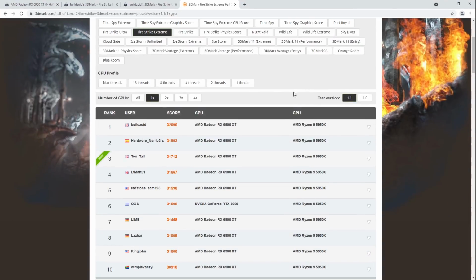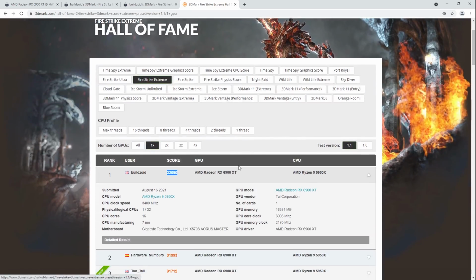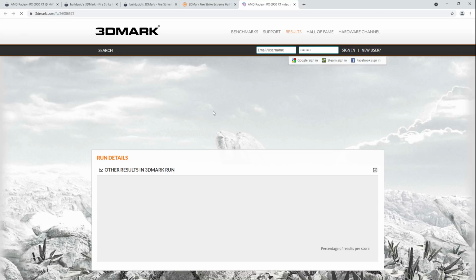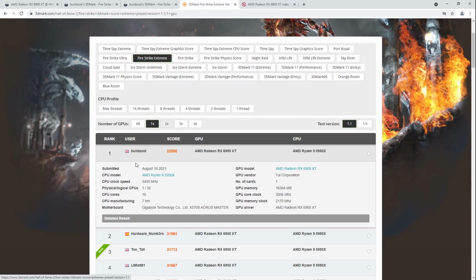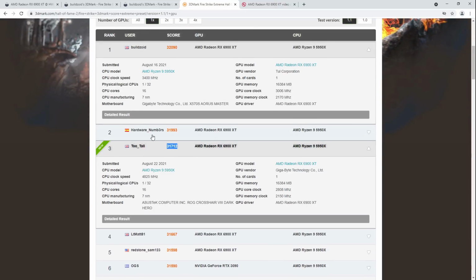This is the best result I got out of the card. Fire Strike Extreme, fastest single GPU score, and this run was super sketch as far as I'm concerned. And this isn't where it died. I got my liquid nitrogen in, and I was so hyped about finally having liquid nitrogen after so long, because it's been ages since I've had liquid nitrogen. And I was already really close to beating